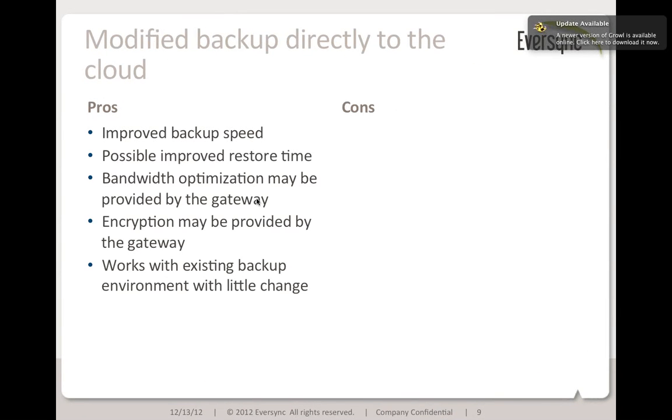So let's look at the pros and cons specifically for data protection. Well, you definitely would get improved backup speed because even though the data isn't out to the cloud yet, you've backed it up and the gateway is holding it. So as far as you're concerned, the data's backed up. It's not all the way there, but you can move on. You also could get improved restore time. If your data is sitting in cache, obviously your restore is going to be very quick. This gateway can provide things like bandwidth optimization and encryption, all of which are important features when going to the cloud.